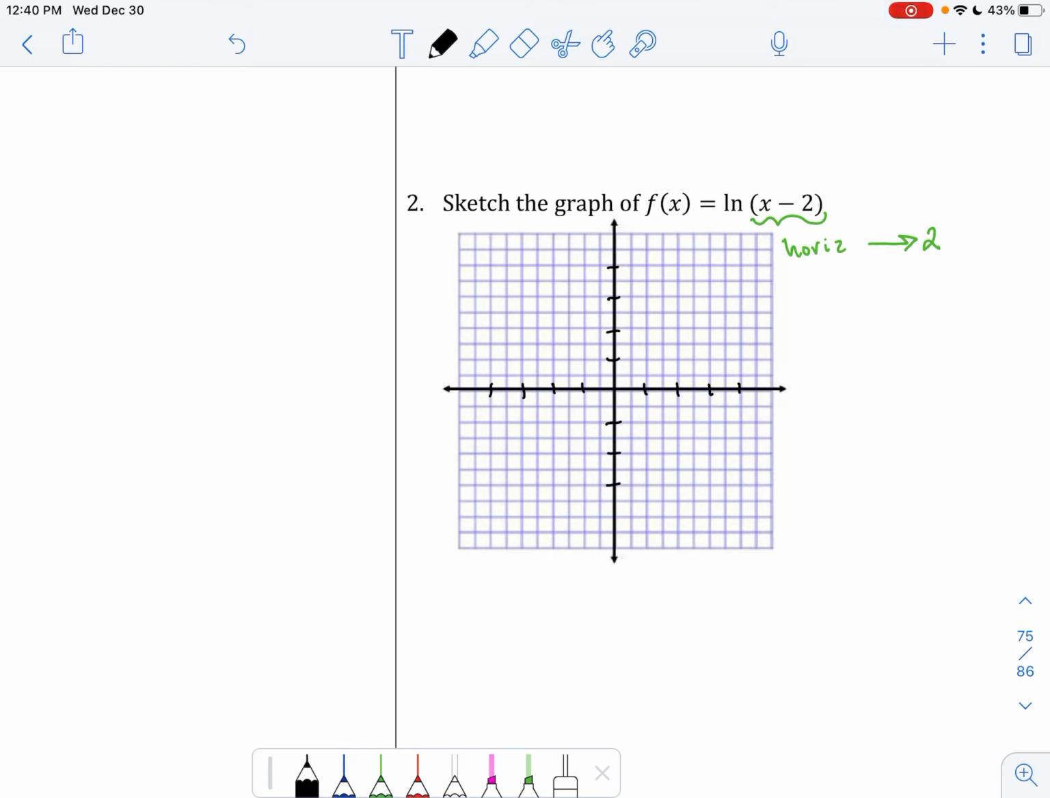Here, we're just going to take the generic graph, which goes through there, and we're going to shift it 2 spaces over, which means that the asymptote is now, instead of being at x equals 0, will be at x equals 2. So here's the new asymptote. And the x-intercept here, instead of being at 1, will be at 3. It hasn't had any reflection, so the basic shape is exactly the same. And this would be our graph of f of x